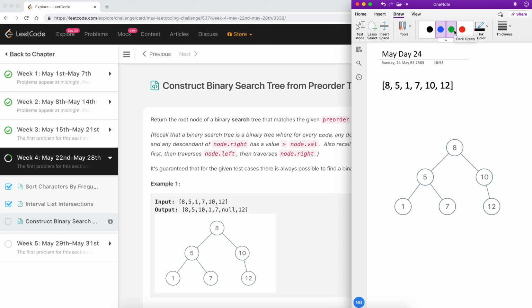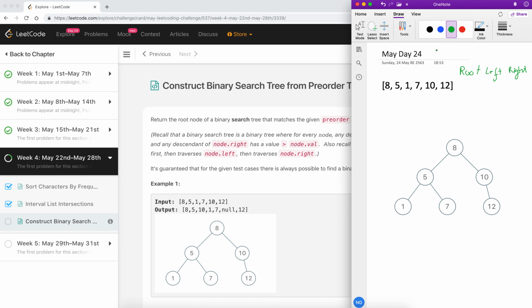The pre-order traversal is processed first based on the root node, then the left subtree, and after that the right. So this is the basic idea in pre-order traversal.